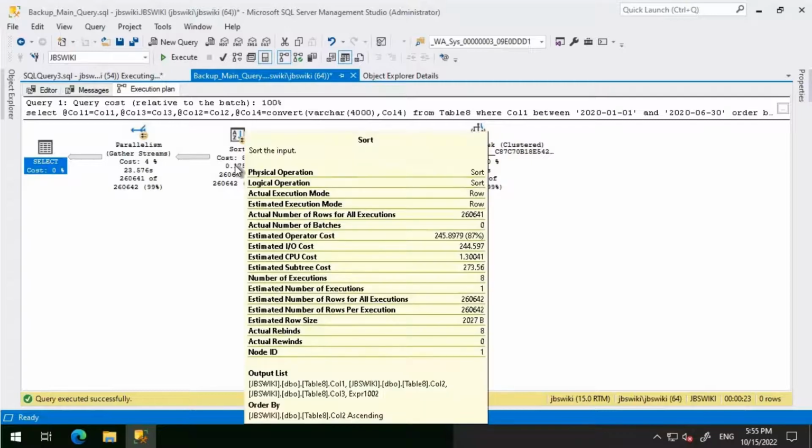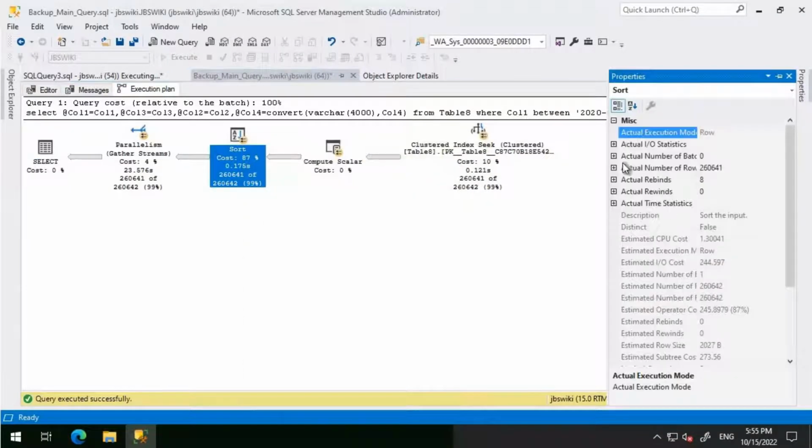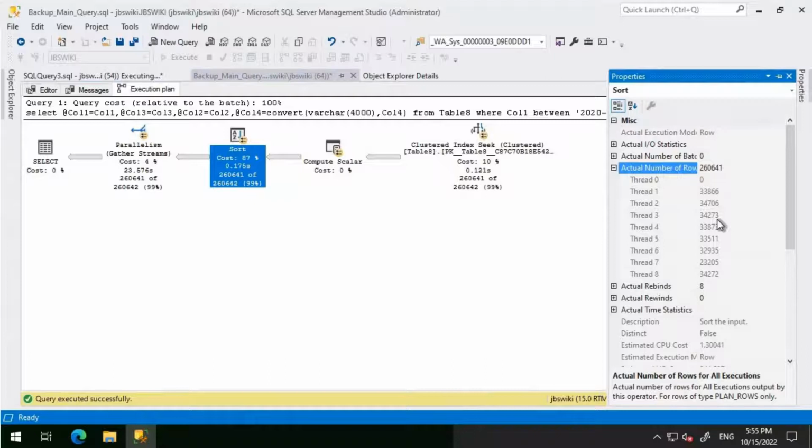For example, if you look at this sort operator, we are able to see that it is using 8 threads. We have 8 cores on this machine. Now one particular thread, let's consider it as thread 7, is the one that is processing fewer rows when compared to others. And this particular thread should be on the same CPU core as this particular query. Since we have this, it is taking much time, and we know